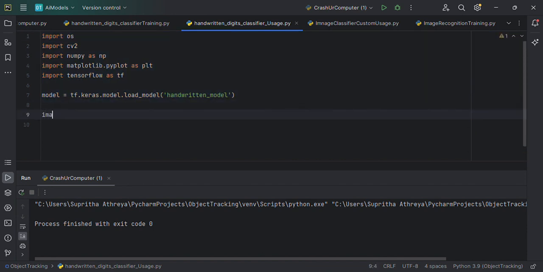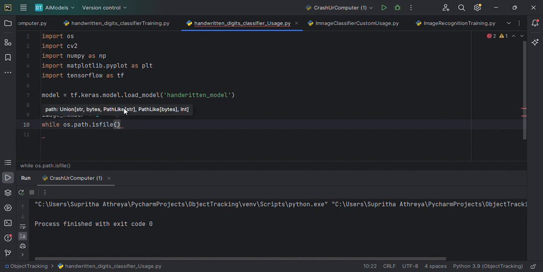So we're gonna say image number is equal to 1. We're gonna say while os.path.isfile, and then we're gonna give an f string, f